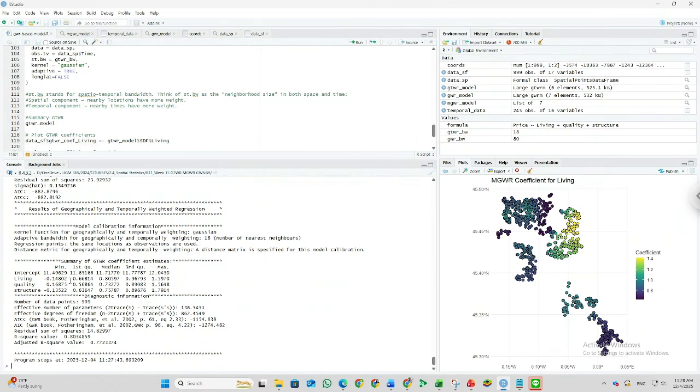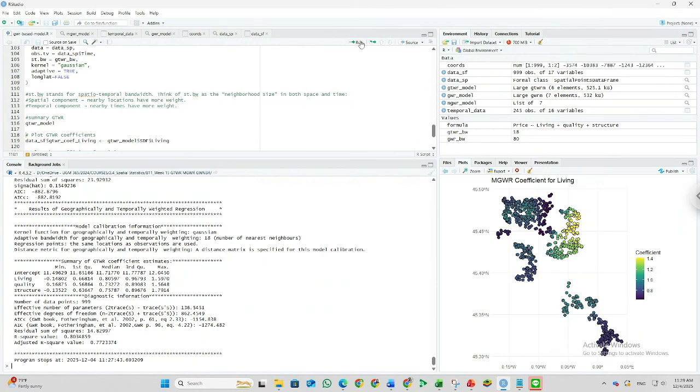And the coefficient also has a range, because we focus geographically: different locations have different coefficients and a different impact on the host price. This R square is less than the result that we have for the MGWR and also GWR, but the R square is relatively high because we have more than 80%.